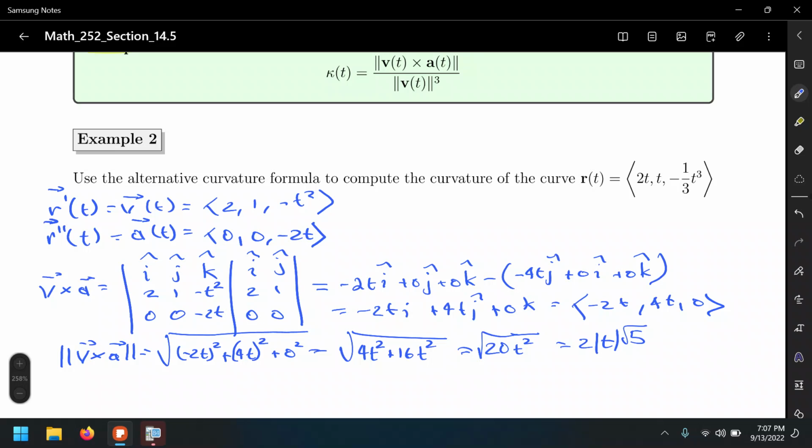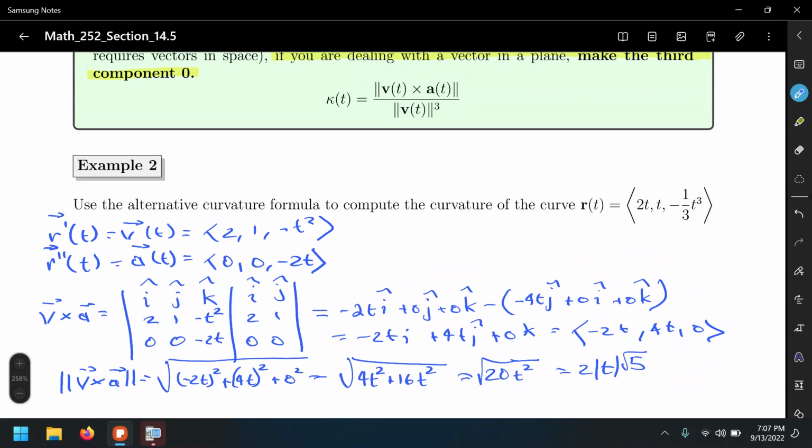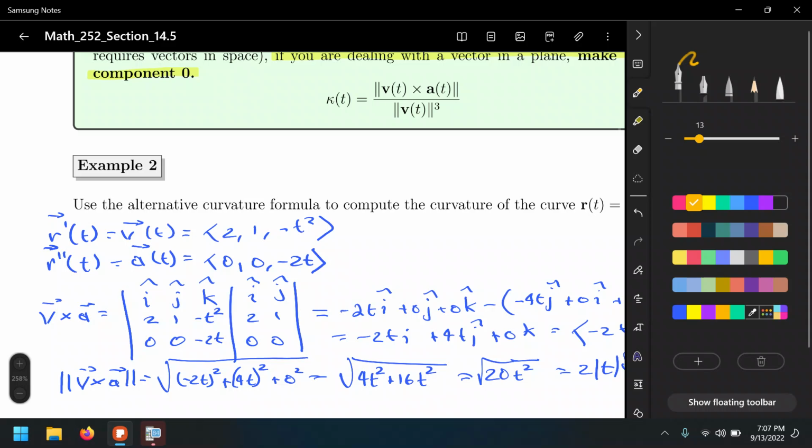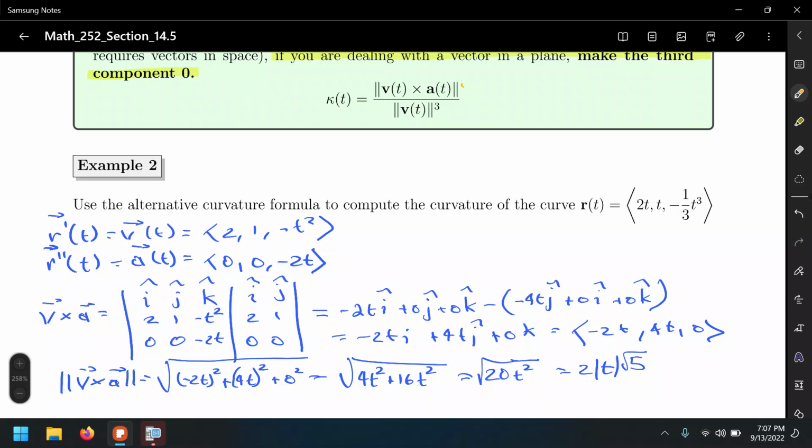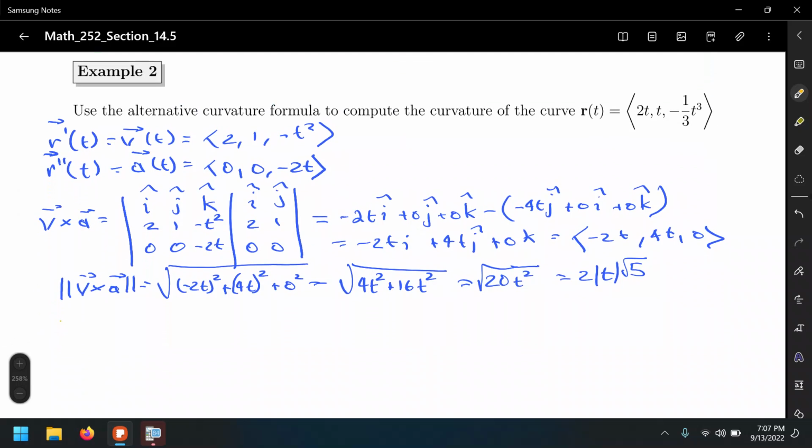So that's the magnitude. What do we have so far? Let's put a check on the formula. We got the numerator. Let's find the denominator. We don't have the magnitude of the velocity vector, but check this out. We have the velocity vector here. So let's find the magnitude